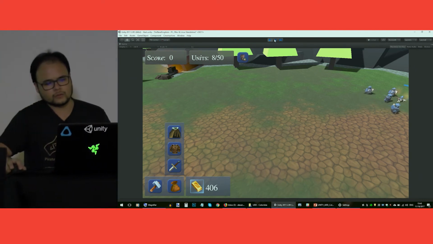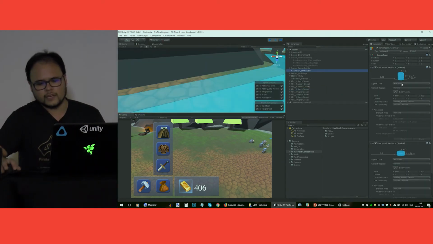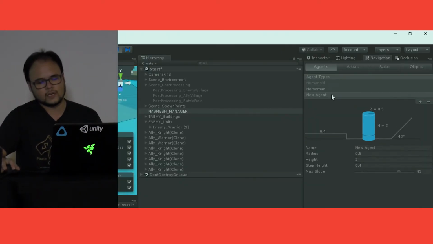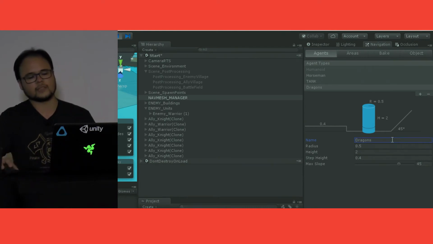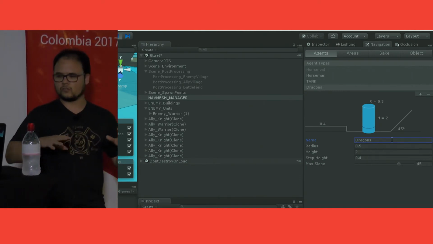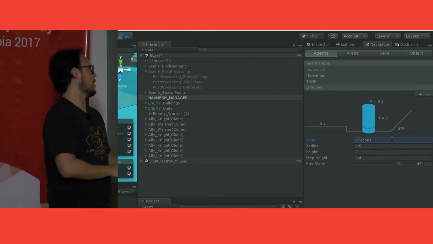And as I told you, here, let's say I want to create more units. I can go here and, okay, instead of a horseman, I want to have a tank. Or I want to have dragons, and each one with a different size. So this makes much more of the power of my Nav Mesh, because now I can have basically AI that I can use to move my units, where I can use it for the sea, for the air, for the ground,